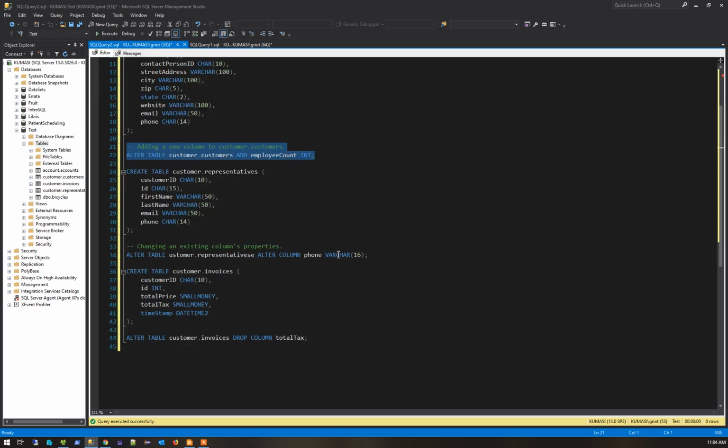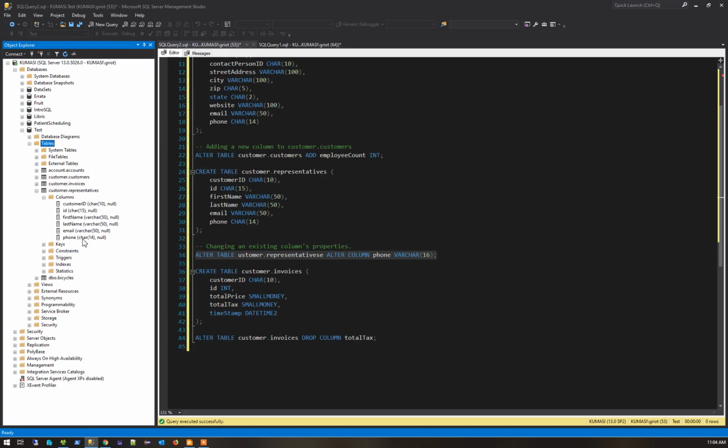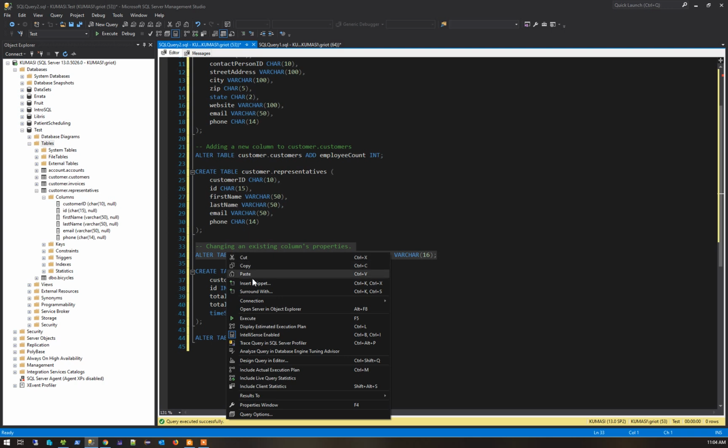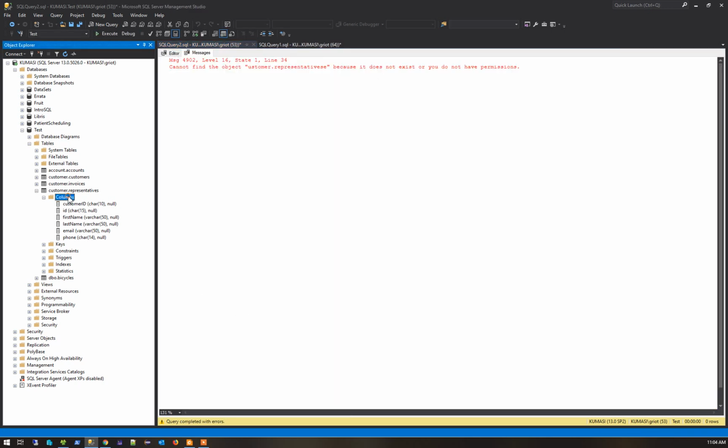Go back to the editor. Note that if I go to the customer representative, go to column, you can see the phone is 14, right? I highlight this and I execute